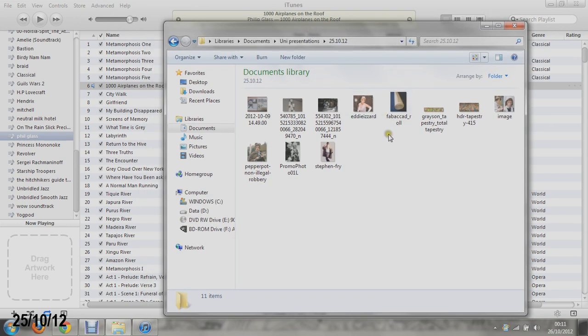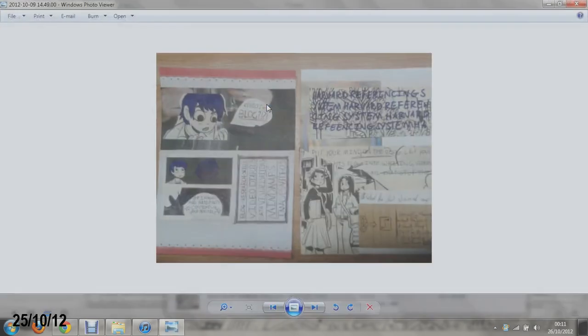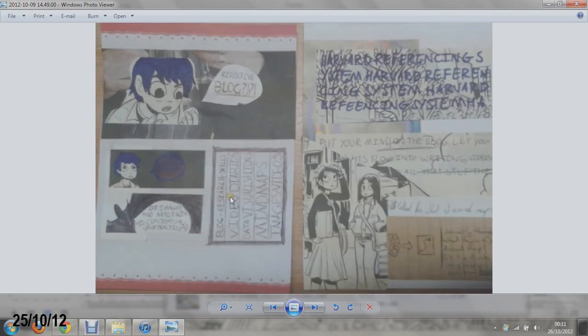Now, the first thing I'm going to talk about is narratives, and we did a workshop on narratives. As you can see here, we had to pick apart the brief to do digital blogs and use materials we had in the class to create some form of narrative around it. I went for a comic book style because I picked up,